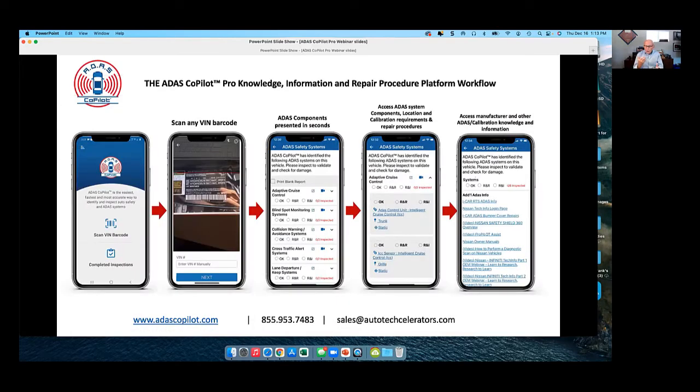There are 2 components to the platform. Number 1, the mobile app. Number 2, a web portal. You're going to see both of those, okay? So the idea is when that vehicle arrives, whoever is greeting the customer, it doesn't matter, because all they have to do is scan the VIN. You scan the VIN, and then that person greeting the vehicle will have access now to all the ADAS systems on that vehicle. I know you're going to ask the question, well, how do we know it's accurate? I'll talk a little bit about that a little later.